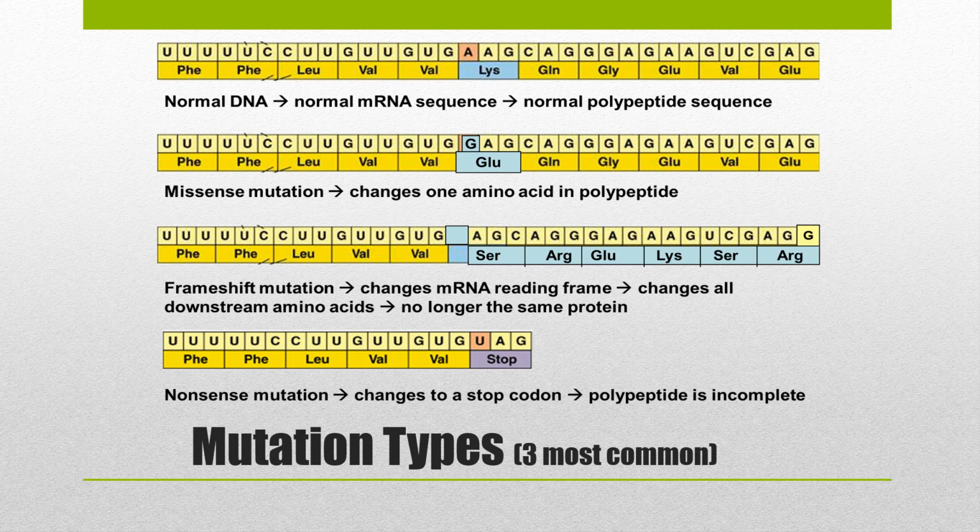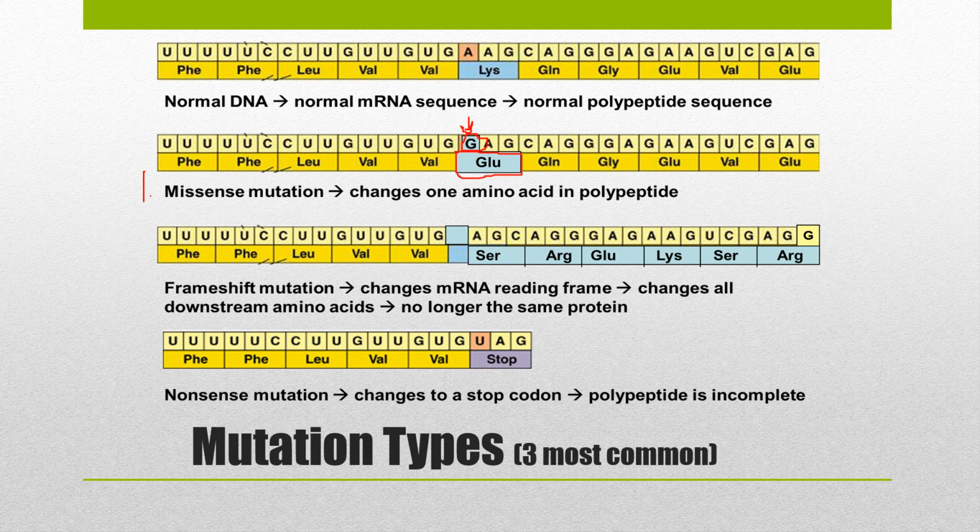So the first change we see here, number one, is missense mutations. This is going to be a change in just the one base. What this is going to do is potentially change one amino acid. Will this change the entire protein? Maybe. Who knows? Maybe just changing this single base doesn't do anything, because remember, we have that little safety net